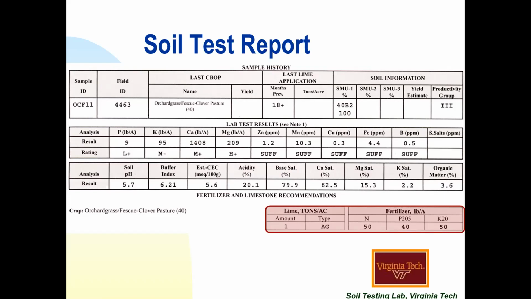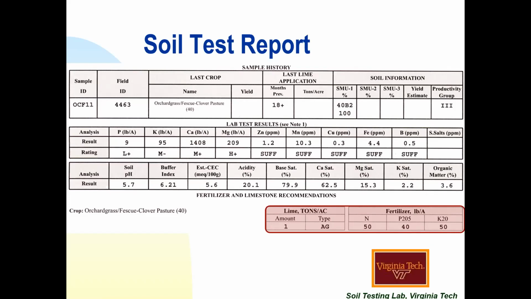And in terms of type of lime, if your magnesium is low, we can tell you to apply dolomitic limestone to build up your soil magnesium. But here it says AG, which is ag lime. It just means whatever's cheaper. It doesn't matter if you apply a calcitic limestone, which is calcium carbonate, or dolomitic lime, which is still primarily calcium carbonate, but has some magnesium carbonate in there. It doesn't matter which you apply, just whatever's cheapest available. So that's what the AG ag lime means.